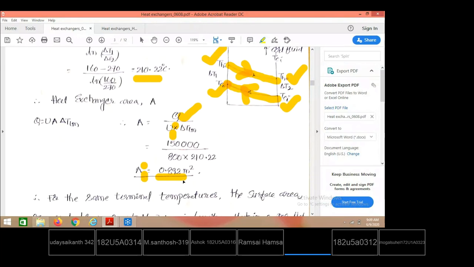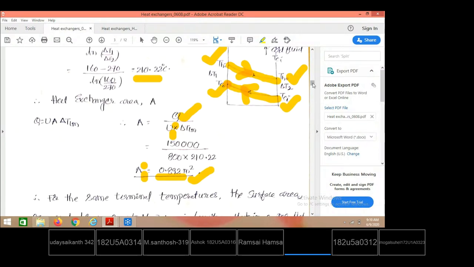That is why in all practical cases, one will try to operate in the counterflow mode. When we expect the same terminal temperatures, if you operate in parallel flow mode, a larger area of the heat exchanger is required, which occupies extra material and extra space. So that is the disadvantage. For the same amount of heat to be transferred, with the same terminal temperatures for both hot and cold fluids, the area of the heat exchanger is smaller in counterflow mode compared to parallel flow mode.